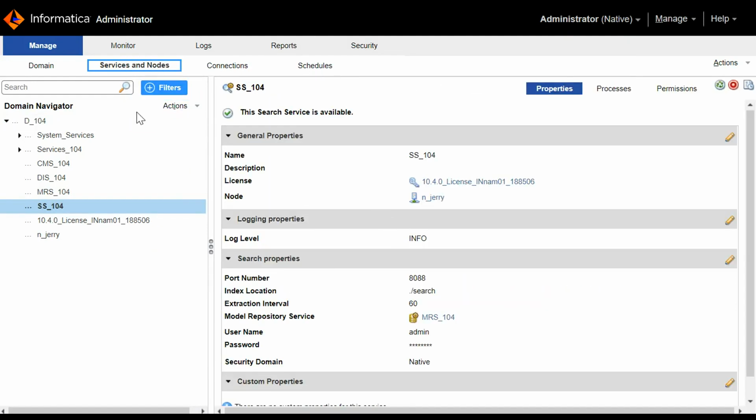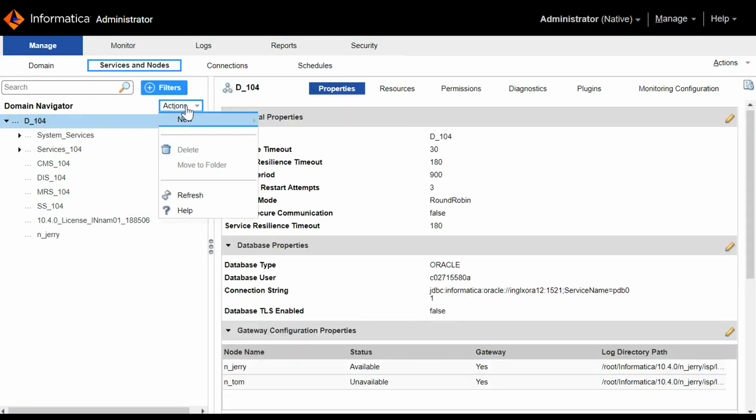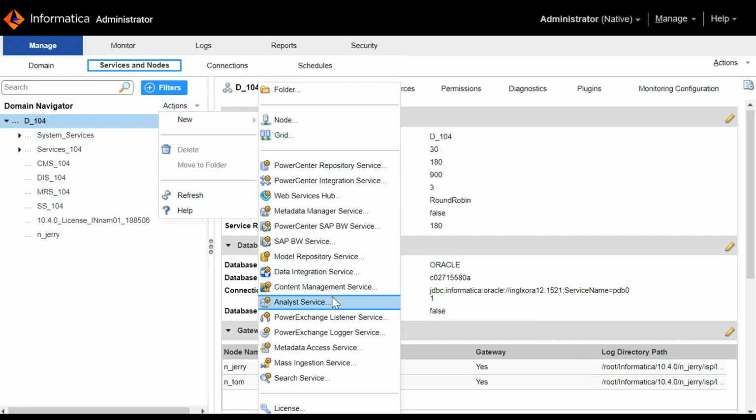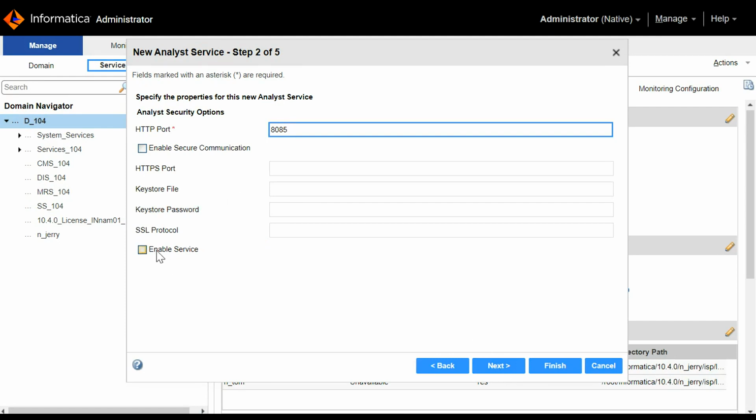We'll go ahead and create the last service, which is the analyst service. License, node name, enable service.